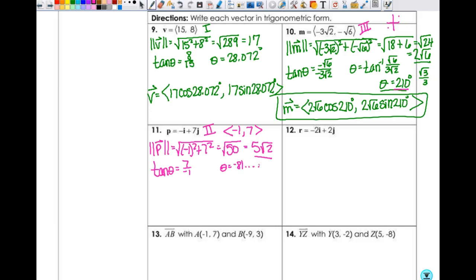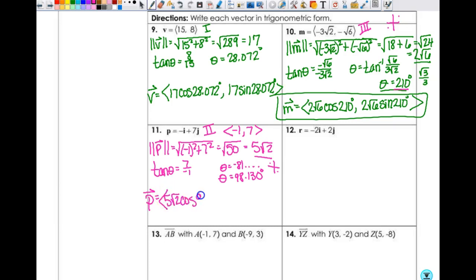But remember, this is a quadrant 4 angle. If I have a quadrant 4 angle and I want a quadrant 2 angle, I'm going to add 180. And when you add 180, you actually get that theta is equal to 98.130 degrees. So that your vector is equal to the magnitude, which is 5 square root of 2, times the